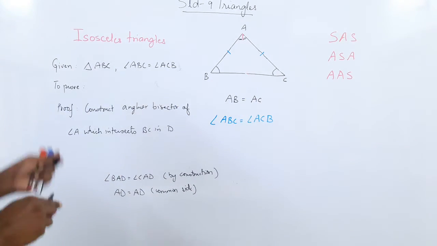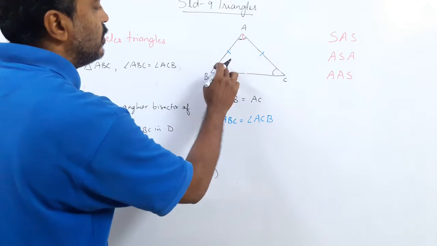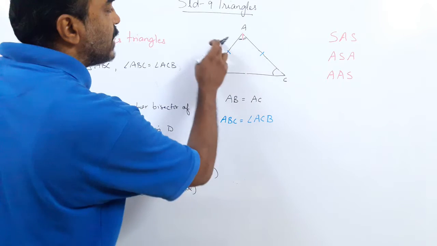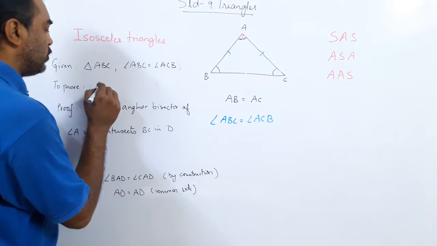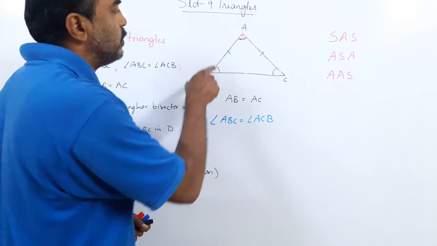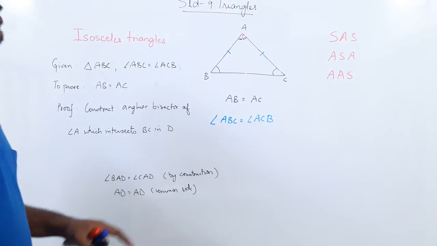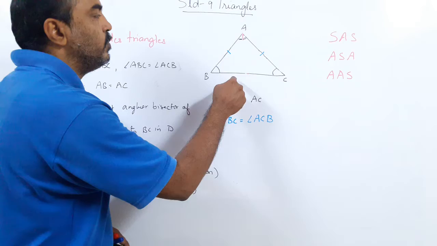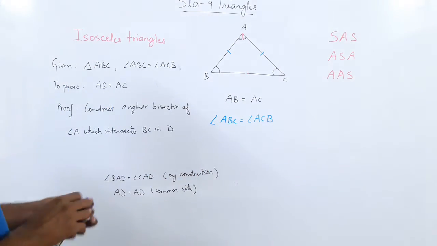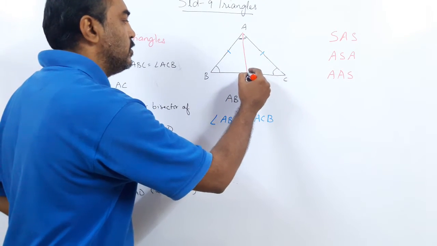So this time it is the converse. You are given the opposite angles are equal. Now you have to show what? In a triangle, when two angles are equal, the side opposite to them is also equal. So you have to show AB equals AC. This is what you have to show. Have you followed? In the previous theorem, it was given the sides are equal, and we had to show the angles opposite to them are equal. Here we are shown the angles are equal, both of them. We have to show the side opposite to them is equal. Again, we will draw the angular bisector. Same thing, there is no change here.